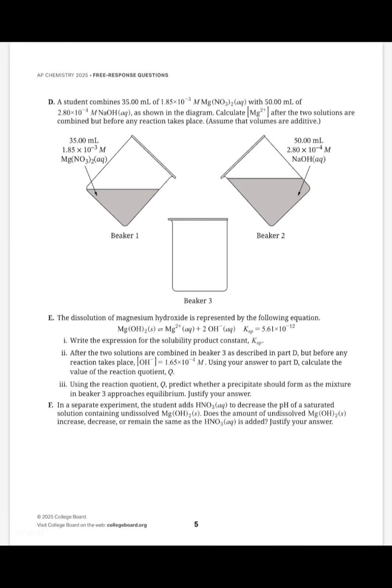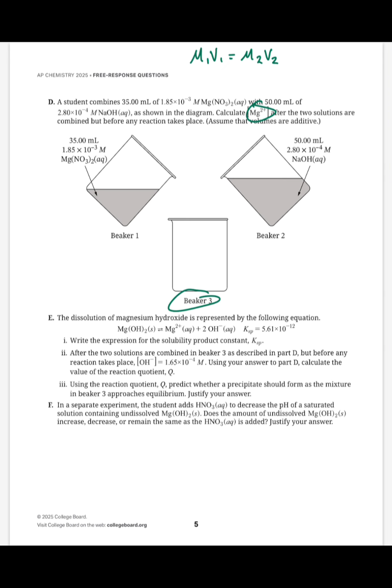For part D here, it's telling us that we're going to combine the two solutions. So it's the same beaker 1 and beaker 2, but now we're going to combine them into beaker 3. And it's asking us to calculate the concentration of the magnesium ions after the two solutions have been combined. So we're going to use the dilution expression, where M1V1 equals M2V2,